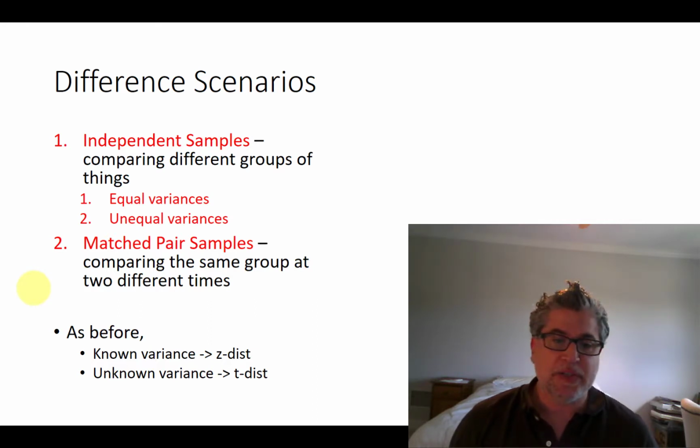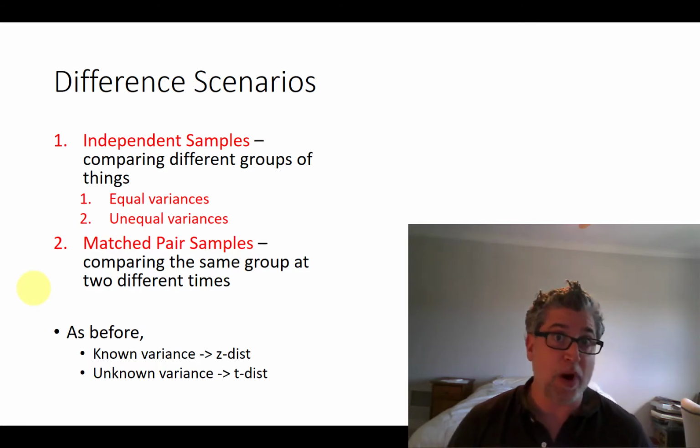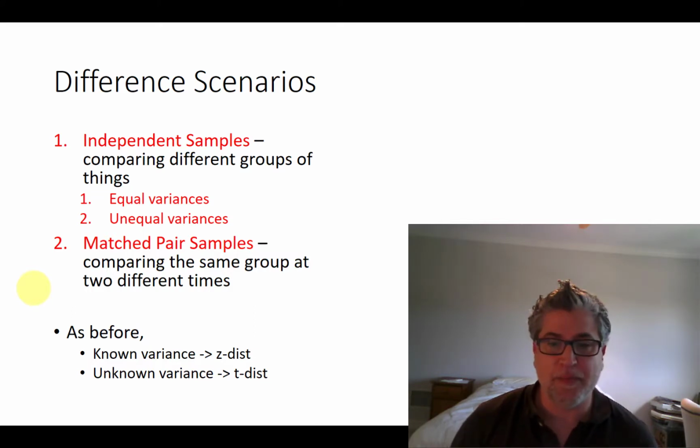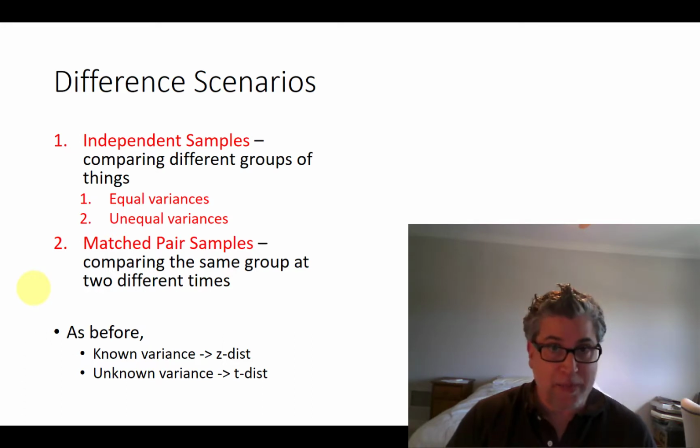Finally, if the samples aren't independent of each other, they might be what's called a matched pair. And that, for example, comes up when you're doing a pre-test and a post-test. For example, in your class, your professor might start out at the very beginning of the semester giving you a little quiz just to see where the class is at. You know, how much of economics do you know, or how much of history or statistics or whatever, and then ask the same group of students the same questions at the end of the semester to see if any learning